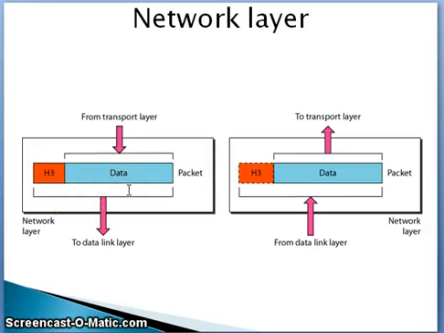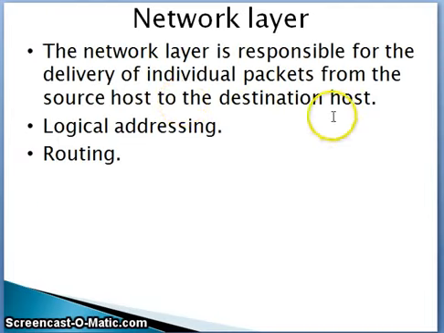Let's see another layer. In the same way, the data which comes from the transport layer, usually we call it a segment, is encapsulated with the header of the network layer. Together we'll call this data a packet, which will be provided to the data link layer. In the same way decapsulation will take place here. You will remove the packet from the frame of the data link layer, and then you will remove the segment from the network layer and transmit it to the transport layer.